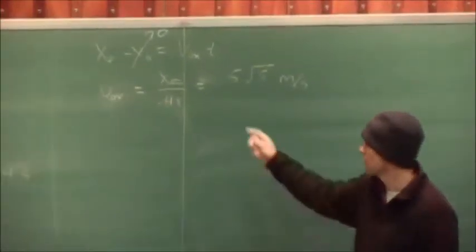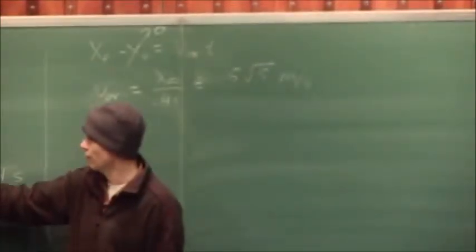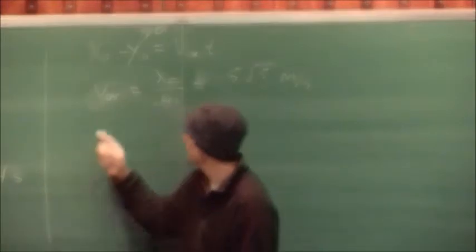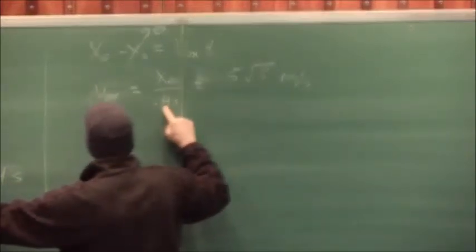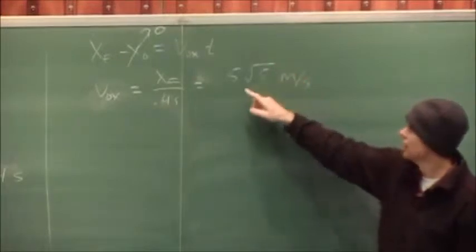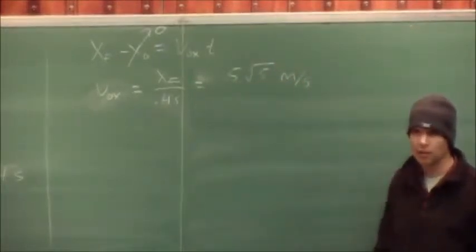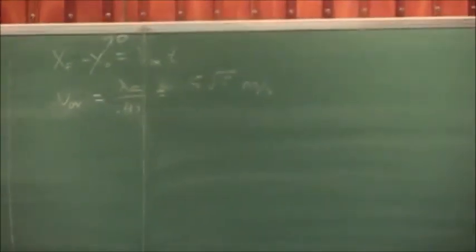That makes sense? Okay, so I did a little bit of algebra. I could have just called this 1 over root 5, which is 0.4 seconds. But 0.4 seconds is where we got this originally from, so I just replaced that with 1 over root 5, but that's just bringing the root 5 into the numerator, and so I get 5 root 5 meters per second. Okay, so knowing that velocity, then I can go back and roughly calculate the force that